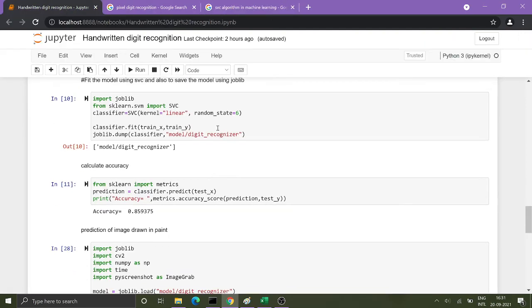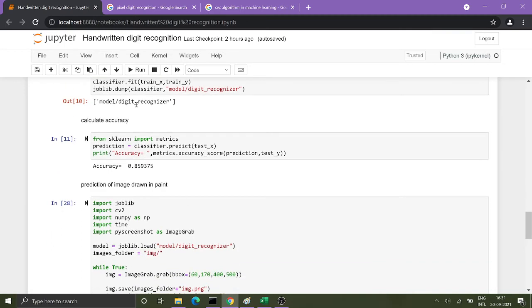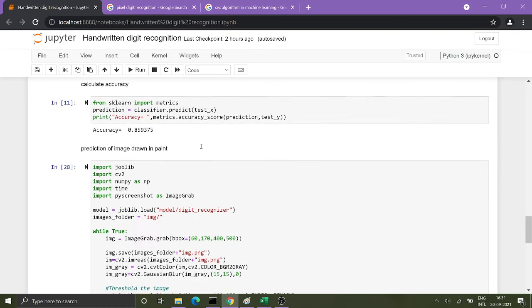And the SVC random state used is 6. This number is used further if we want, then we'll calculate the accuracy. For that we have used the predict function, and we can see that our accuracy is 85.93%.